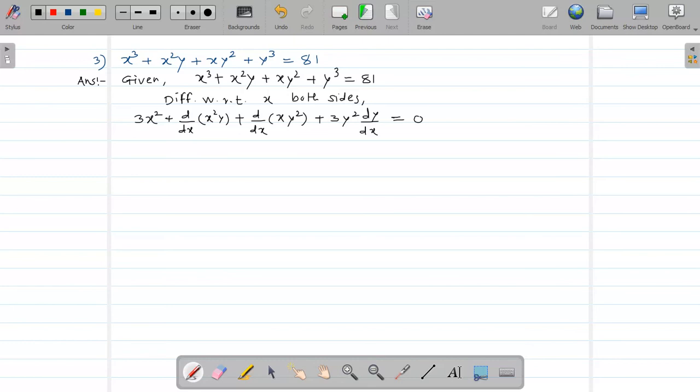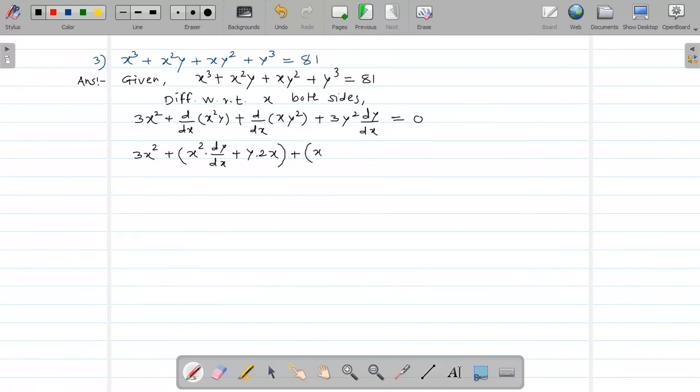Okay, now complete this derivative by using the u into v rule. So 3x square, the first term as it is, plus, now the derivative of x square into y, so here I will write it in a bracket, x square as it is into the derivative of y, which is dy by dx, plus y as it is into the derivative of x square, which is 2x. So we completed the derivative of x square into y like this. Okay, this is y into 2x plus, now the derivative of x into y square, again by u into v